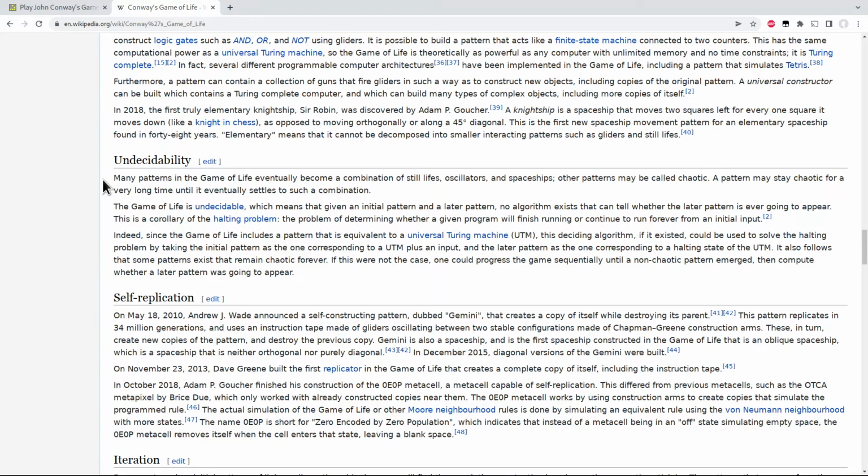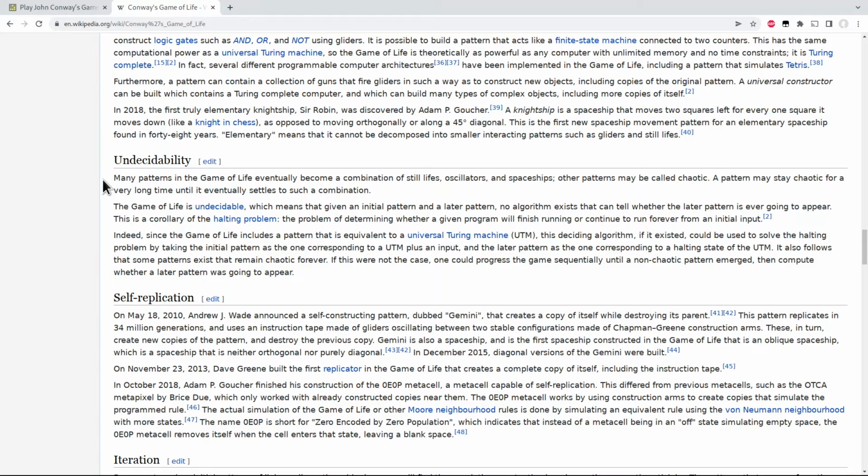So the first thing is essentially related to what I've mentioned several times now, that even small changes can have a large effect, and it's really, really difficult to predict what's going to happen with a particular pattern. If I show you a particular pattern, unless that is really kind of trivial, it's hard to even tell whether this is going to converge to something stable or to one of these oscillators, or maybe it's going to be one of those spaceships that we saw that essentially keeps moving and moving, or is this just going to move about in a chaotic kind of fashion until eventually it stops, and if so, when is it going